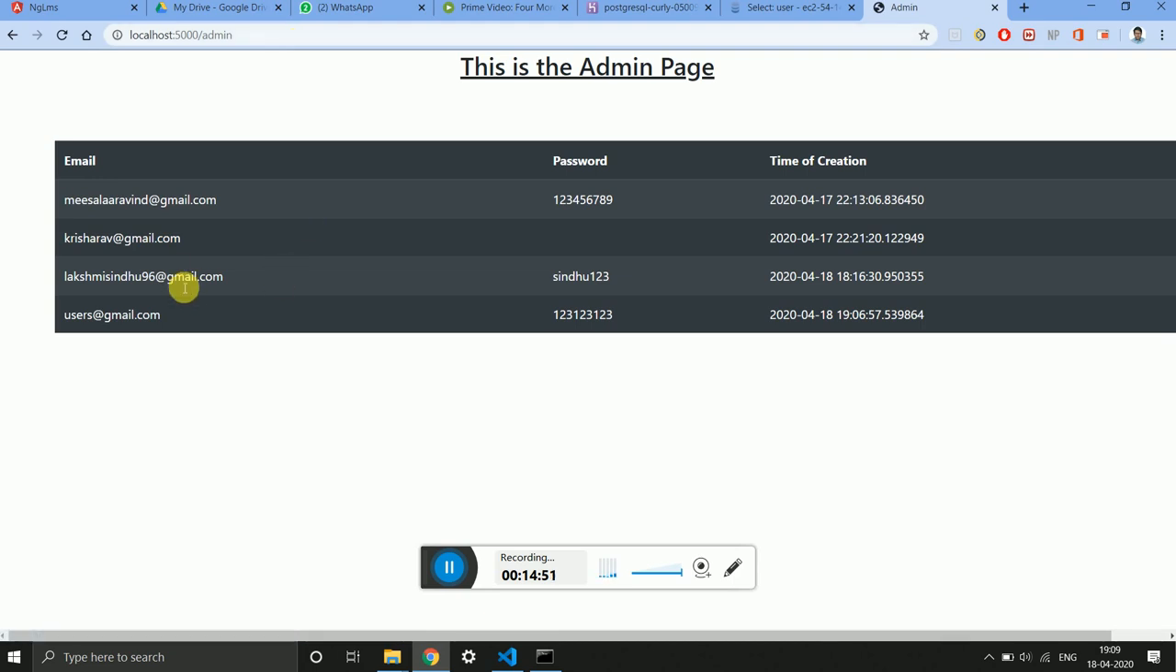So yeah, this is the table, this is the admin page, and these are the accounts that I have created: misalaarvind@gmail.com, kishore@gmail.com, lakshmisindhu96@gmail.com, and users@gmail.com, that I have created recently at 7 hours 6 minutes 57 seconds on the 18th of April. So this is the thing that we need to do in all the three tasks of the SQLAlchemy module